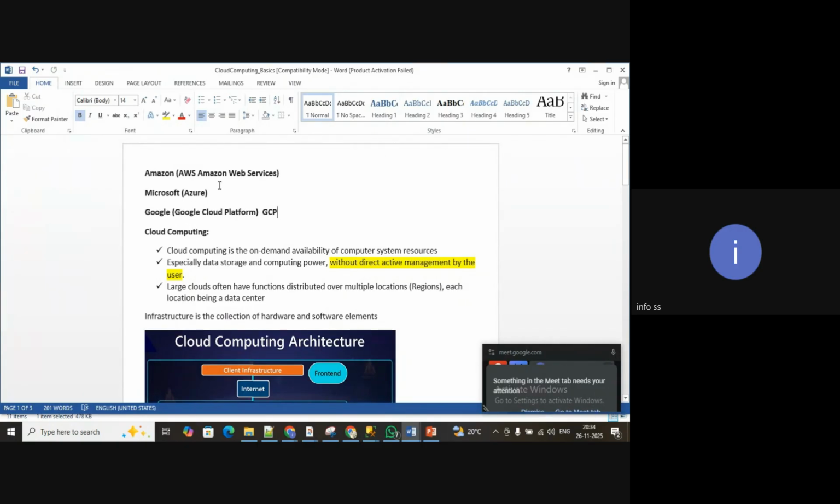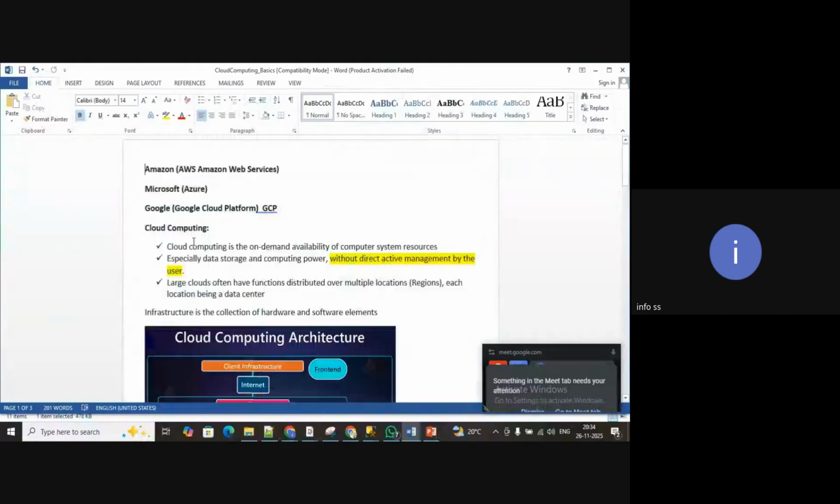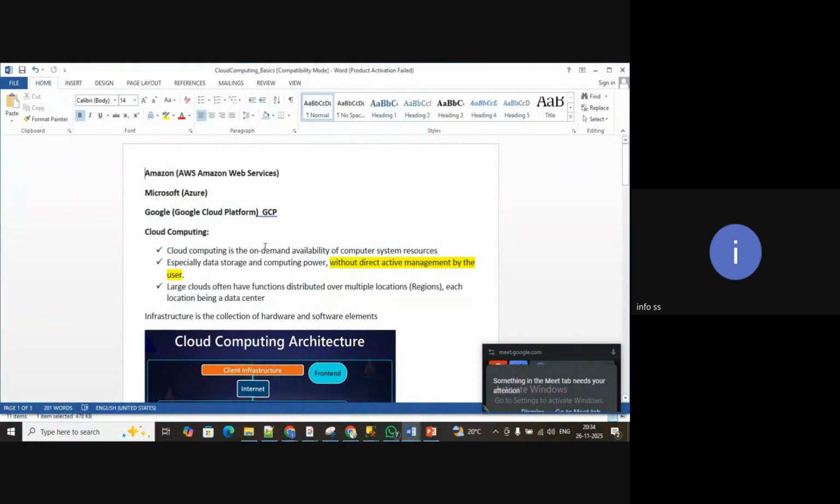What these guys have done is, I was telling about the data center, right? These guys, they'll be maintaining data centers across the world, different places in Pune, in Singapore, in Japan, in US, multiple locations. Okay, they'll maintain data centers across the world, and what companies will do is they don't have to buy a computer. In cloud, they'll get